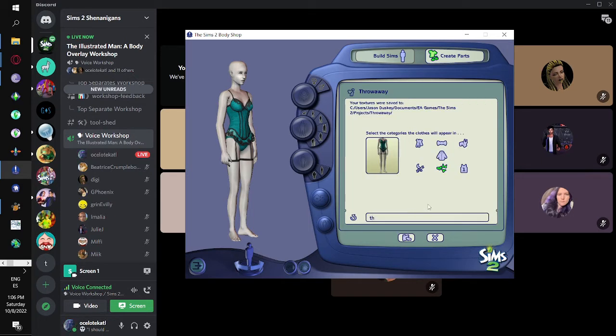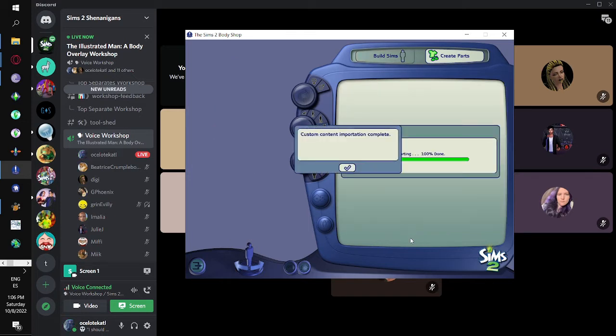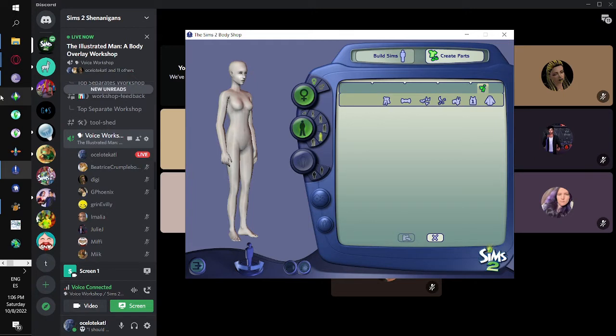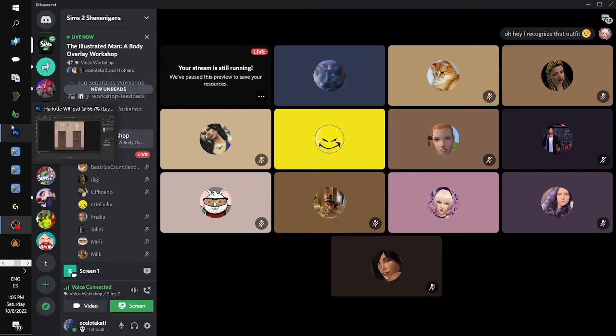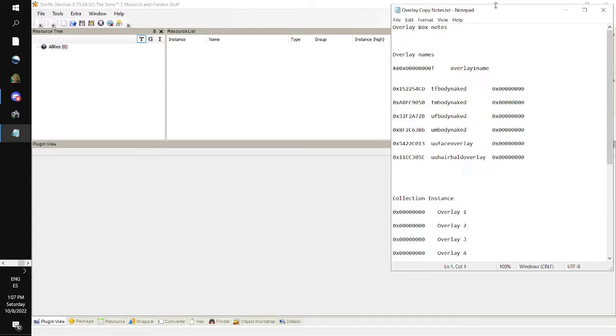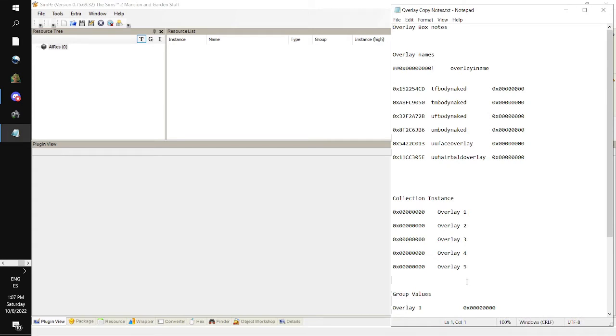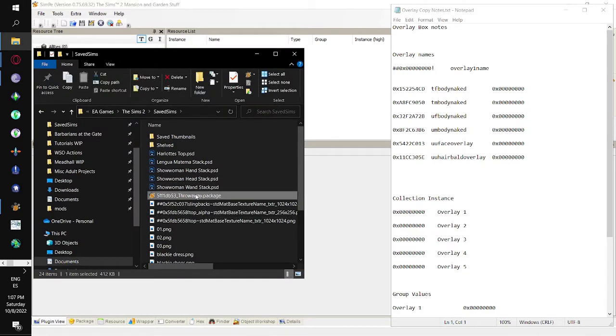And we import into game. And that's as far as we need to go with that. So now we can close out Body Shop for now. And then pop open our overlay copy notes. Those should be in the material thread. And then we want to hop over to Save Sims, where we exported the project. We go to the Save Sims folder, and